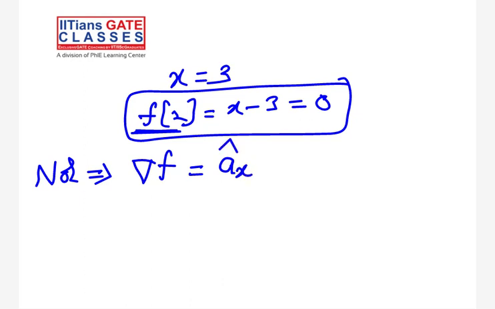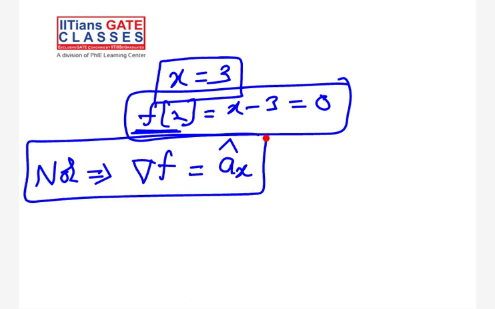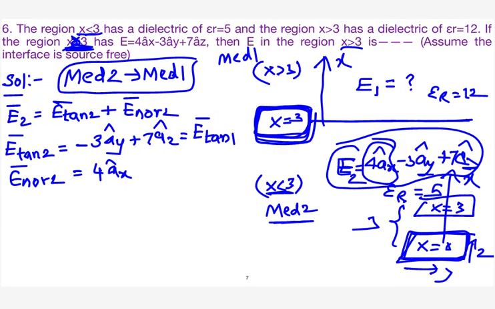Agree? Yes, sir. So that is the reason why I told you when x is equal to 3, the normal component is nothing but your x component itself. Other than the x component, the remaining terms represent the tangential component. Understood? Yes, sir. So we'll go back to the slide now. That is the reason why, since x is equal to 3, I have taken the x component as normal and the remaining together as the tangential component. So using the first boundary condition, E tan 1 is equal to E tan 2.